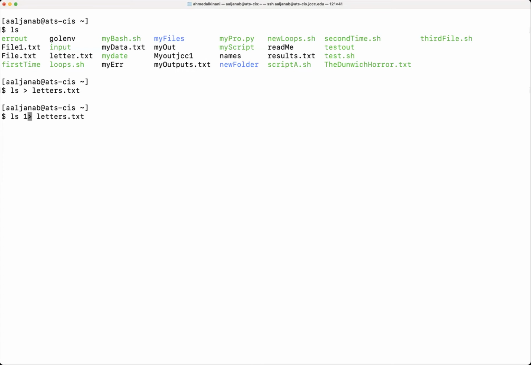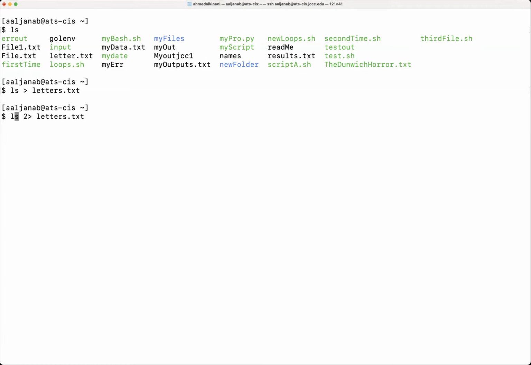1 simply indicates that this is the file descriptor number 1, which is related to the standard output, and you're simply redirecting it. So instead of showing it on the screen, we're redirecting the standard output to the letters.txt file. And that, again, brings me to the fact that when we were trying to show the standard errors, we had